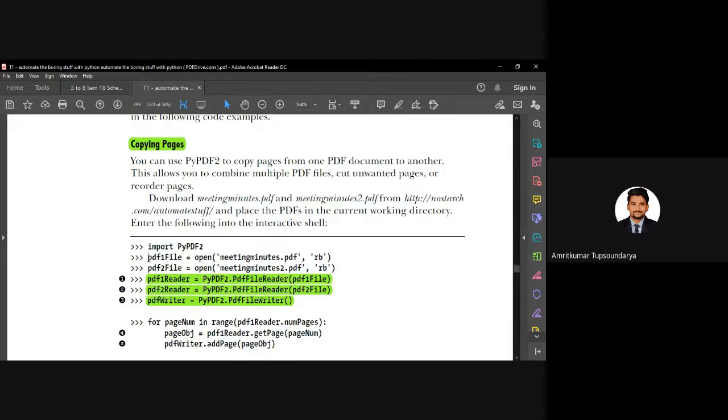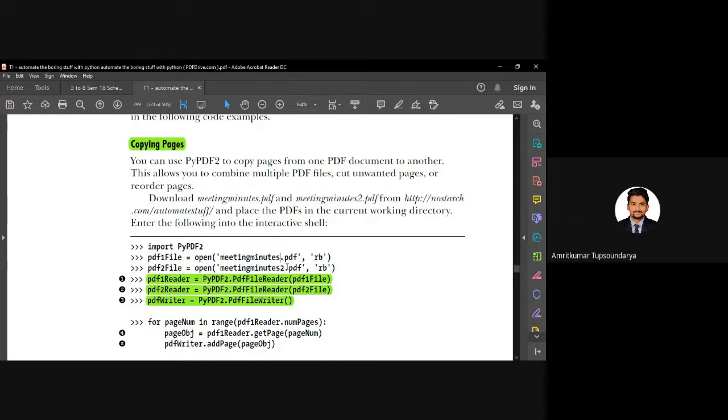So once you import the PyPDF2 module, we have to first read the first PDF. Let's name the file object PDF1 file, and the second PDF file object PDF2 file. So we are simply opening the PDF meetingminutes.pdf, which is our first PDF, and meetingminutes2.pdf, which is our second PDF.